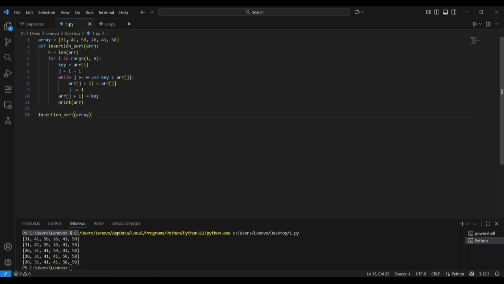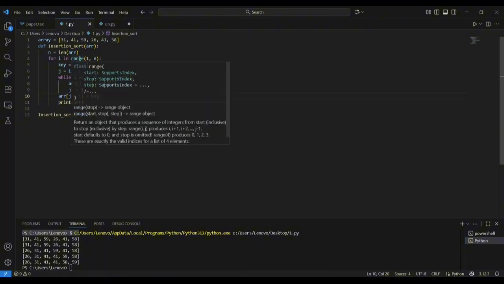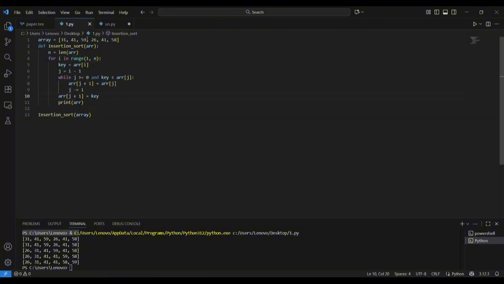But after that, if we add another element, like here 41, we know that 41 is greater than 31. So it's basically sorted here, so it won't swap anything. And after that, if we add 59, still our smaller array is sorted. So in the second line we didn't swap anything, but in the third line, as you can see here, we know that